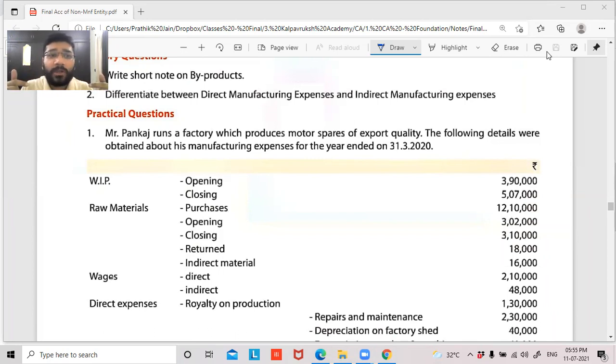This gross profit or gross loss is further transferred to your P&L account, where you record your indirect expenses related to office administration, selling and distribution, right? And then you also record the indirect incomes, right? And then you get profit out of the P&L account. There is net profit or net loss, which you transfer to your capital account in the balance sheet.